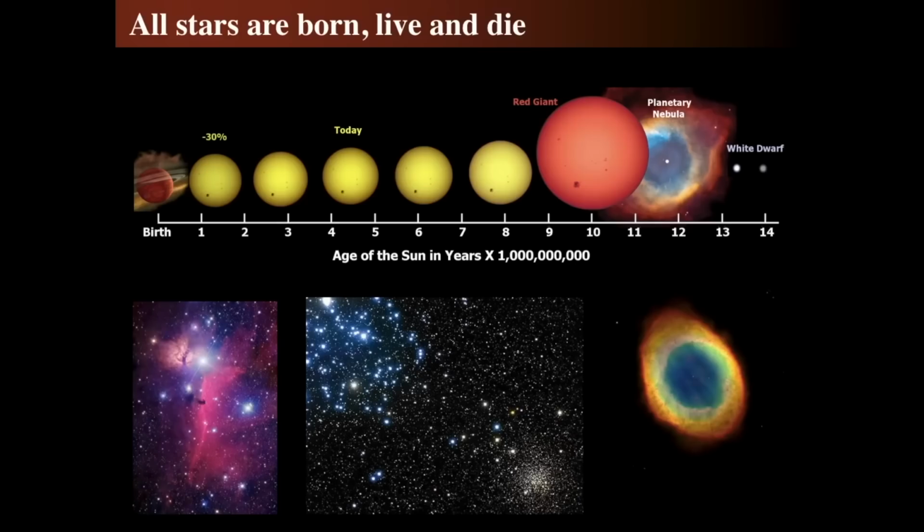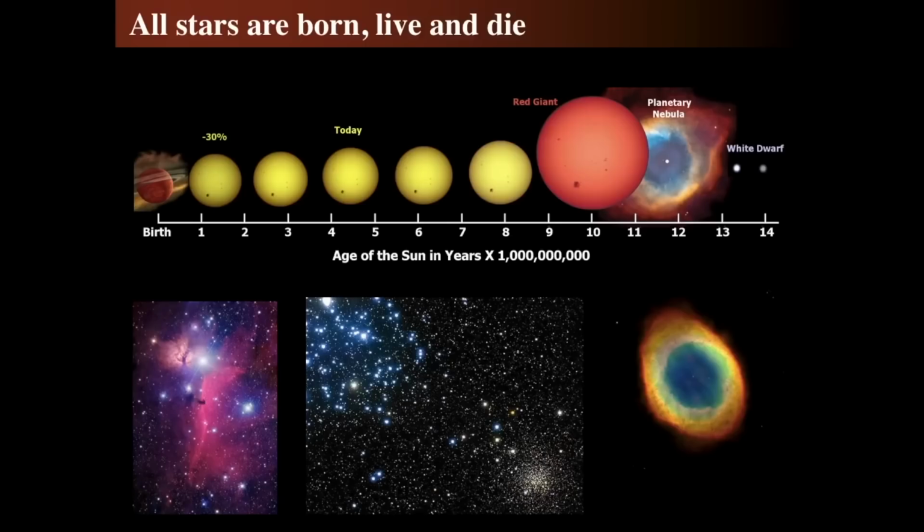Again, let's go back and look at the fiducial idea. The top area shows exactly how the sun evolves from a protostar. It has a long main sequence lifespan of about 10 or 11 billion years. It swells up into a red giant, puffs off its outer layers with a planetary nebula, revealing the core as a white dwarf. And we see these things from the left-hand side, which is a star-forming region with the